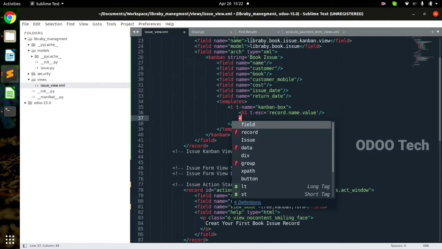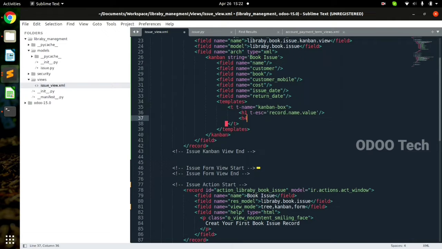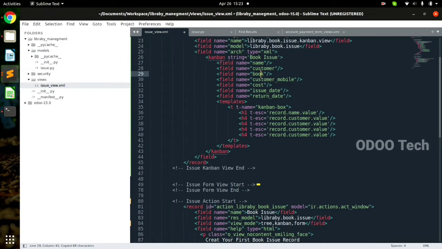So here after H1, I make a smaller size, like H4. Again, each and every field I have to write, so I'll copy the same and paste it here. Now my second field is a customer, so I'll write customer. After customer there is a book field I want, so I'll write book. After book, customer mobile number. Actually, I want customer mobile number after customer, then book, then issue date,